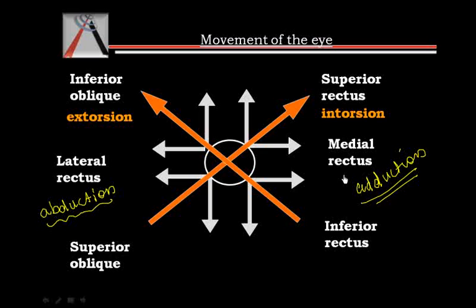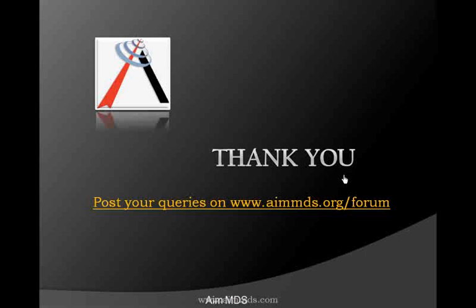So with this we summarize the movements of the eye. So with this we complete the muscles of the eye, the movement of the eye, their nerve supply, and we have also seen a bit about the orbital and the bulbar fascia, the vessels of the eye, the details of the nerves associated with the eye. Their path is covered in the respective sections of